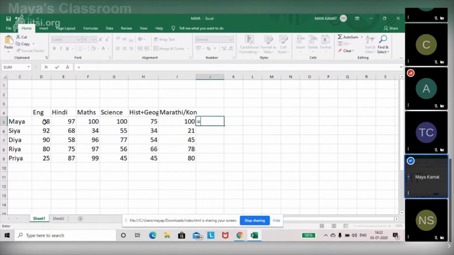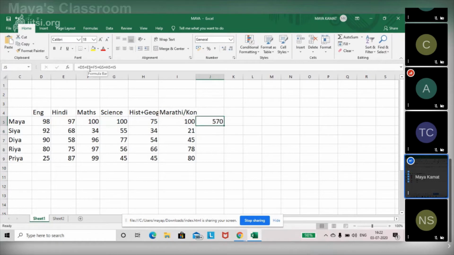I want the total starting from this cell, so I will click over there, put a plus sign, go to the next cell, click over there, again put a plus sign, click on the next cell, and so on till you reach the last cell. Plus sign, click on the cell, hit enter, you will get your total automatically.